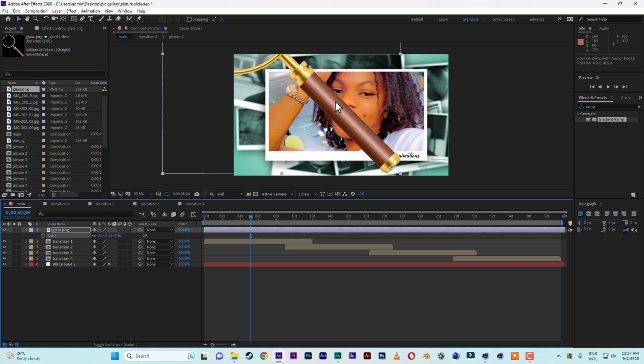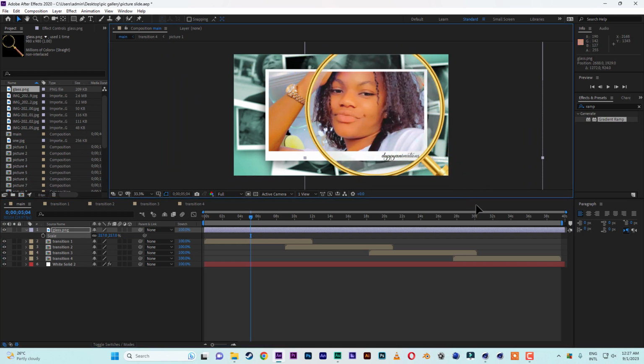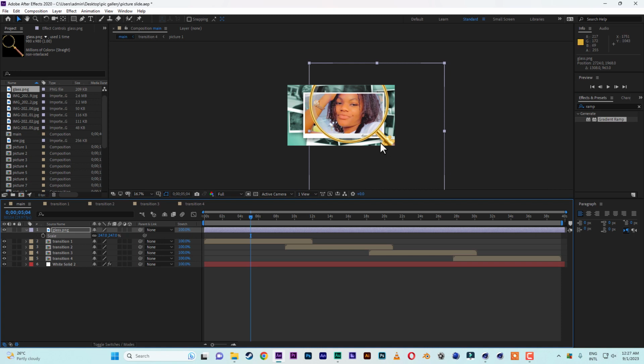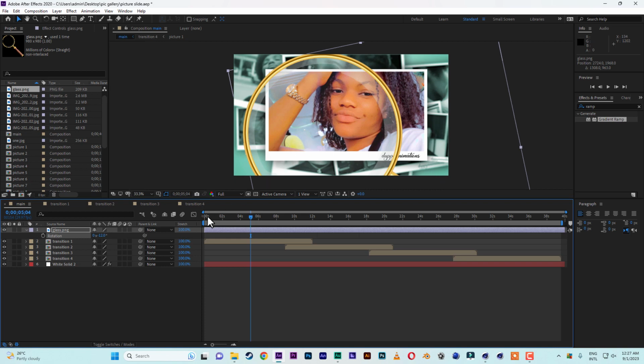Now move the glass to the corner, then scale it again so that it will cover the entire page. So now what you are going to do is, when the image comes in, the magnifying glass will come and pass on the surface, then zoom into the image, then go away. When the next image comes in, the same thing. So let's use rotation